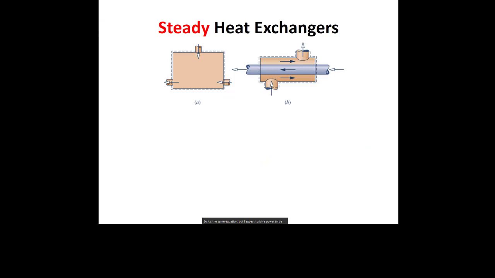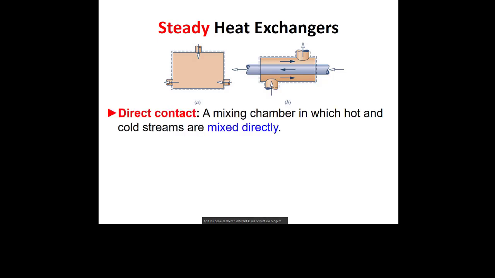So heat exchangers might be the most complicated of all the components that we're going to look at. And it's because there's different kinds of heat exchangers, and depending on how you look at the different control volumes, you might make different assumptions. Right? There's sort of two kinds of heat exchangers.